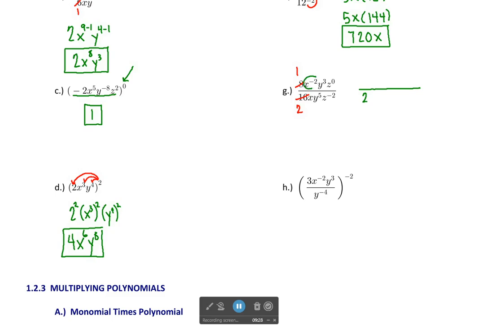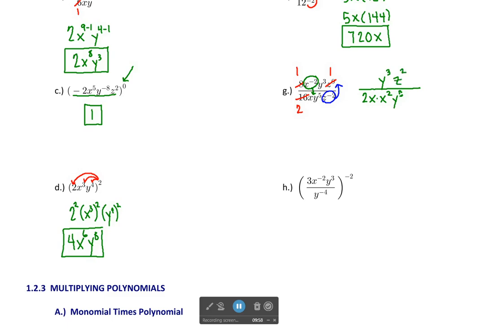So this x to the negative 2 is moving downstairs. So there's already an x down there. Now we're going to multiply by x squared. For now, I'm going to leave the y's where they are. I have a y cubed in the top, y to the 5th in the bottom. And then let's observe z to the 0th is equal to 1. And then we're going to move z to the negative 2 upstairs. So we have 1 times z